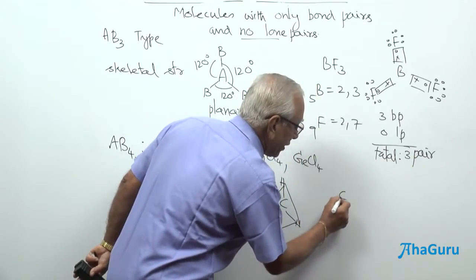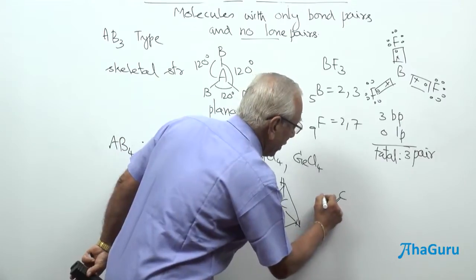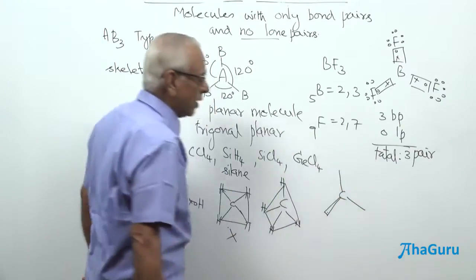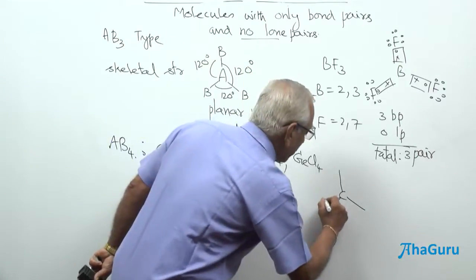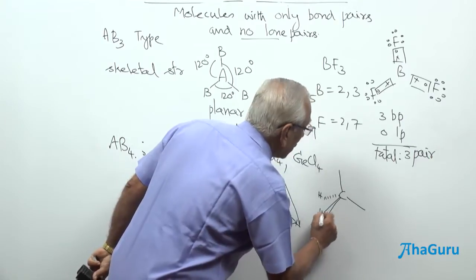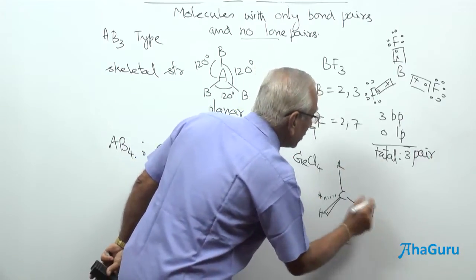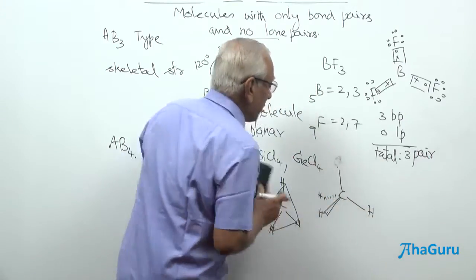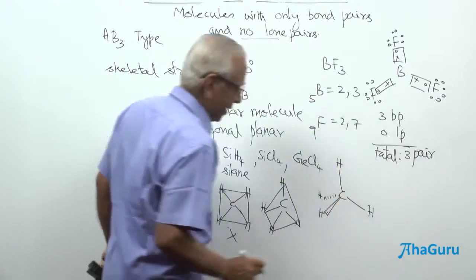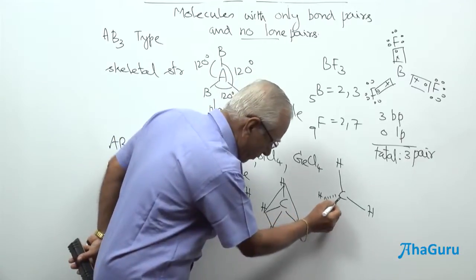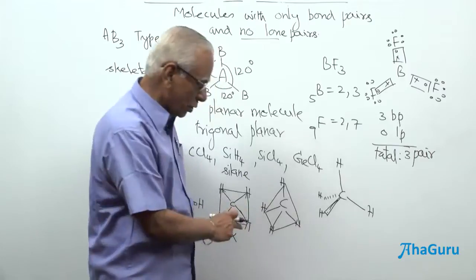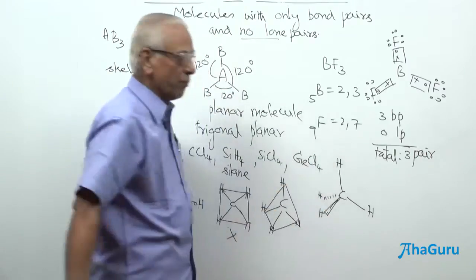I can draw a three-dimensional geometry here, and I am going to draw one thick line here. I am going to draw two normal lines, and probably one dotted line. Probably this could give you a three-dimensional picture of methane molecule. This is towards you, away from the board. This is going to be behind the board, and this is going to be along the plane of the board.